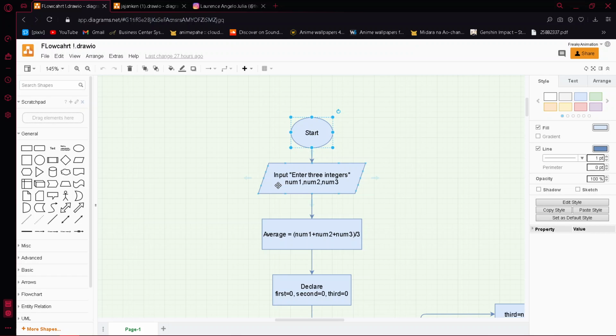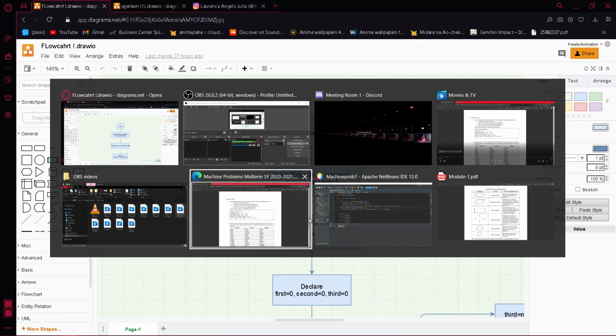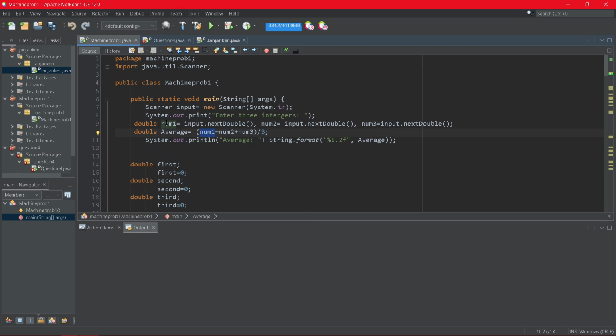Next, you need to create an input-output symbol with the input "enter the three integers num1, num2, and num3", as shown in the code.